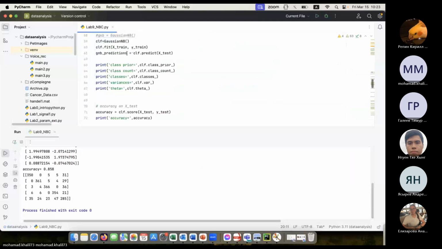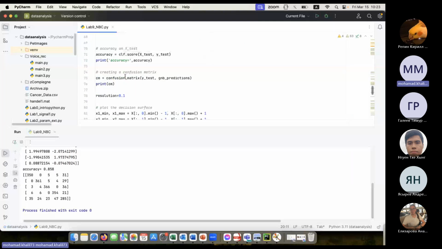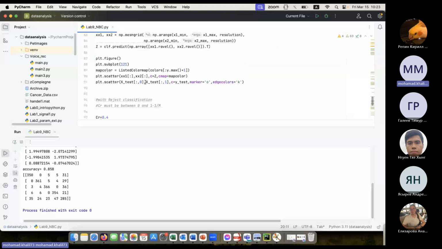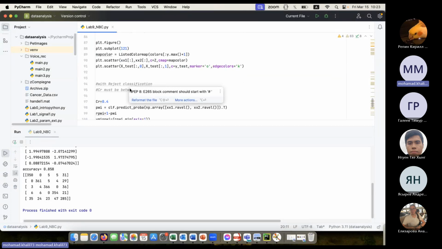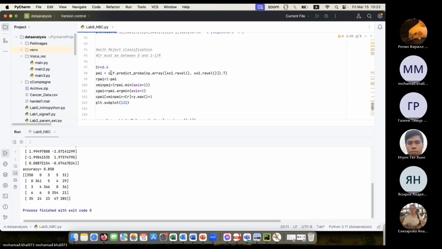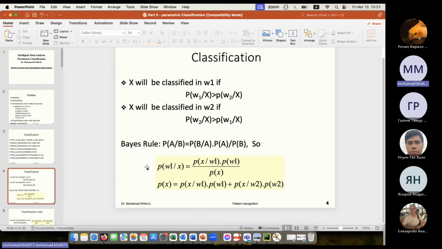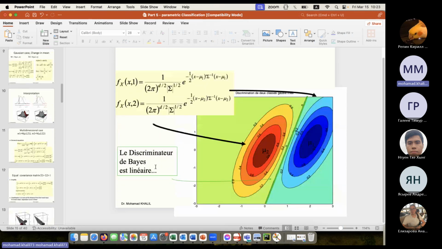Okay, look, so we print the accuracy, we take all the data, we print that for all the grid. Now I want to create the rejection. Pay attention. Here is very, very, very important. How can we create the rejection? Oh, please pay attention. Look, how can we calculate the probabilities? P, look here, we need, if you want to calculate, remember here,